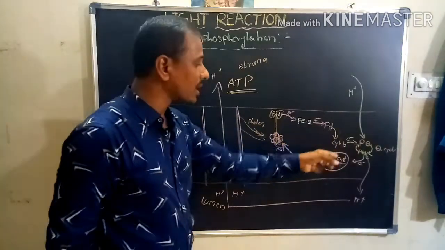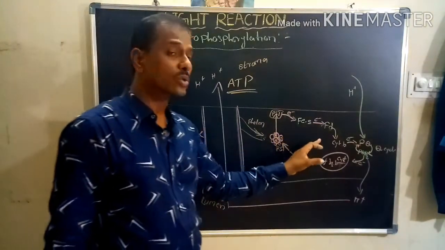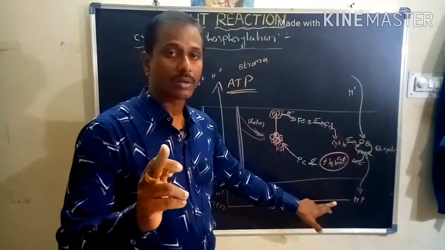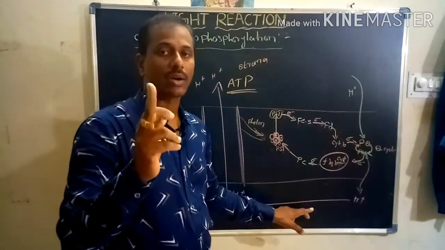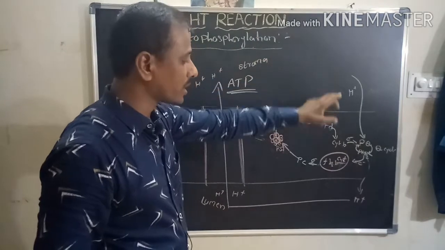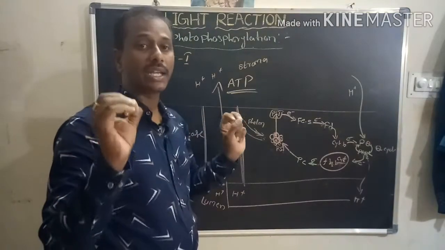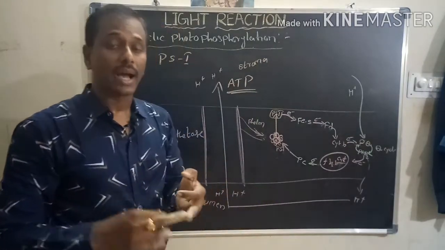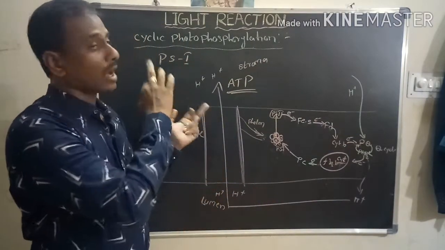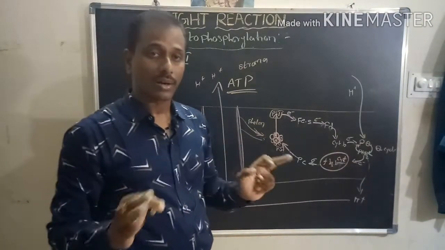Generally, the photophosphorylation process also takes place in the stroma lamella. What happens in stroma lamella? In stroma lamella, that means stroma thylakoid, lumen is absent. We know about that from the thylakoid membrane structure. Lumen is absent. Only the H plus ions are transported here, which helps in the synthesis of ATP. That means only ATP is synthesized in cyclic photophosphorylation. But ATP and NADPH2 are synthesized in non-cyclic photophosphorylation. And also in non-cyclic photophosphorylation, oxygen gas is released.